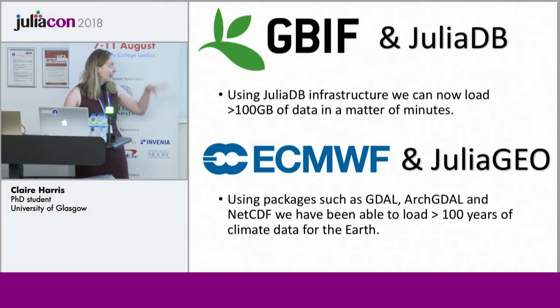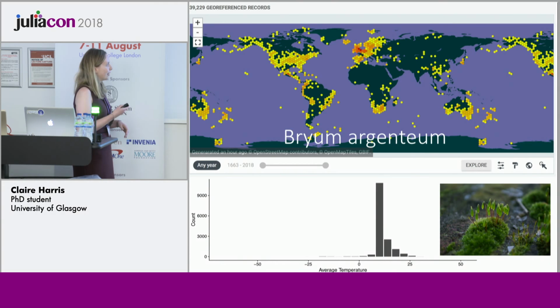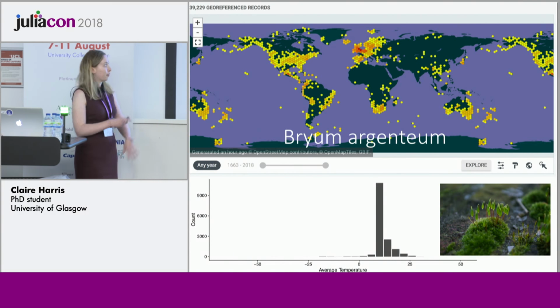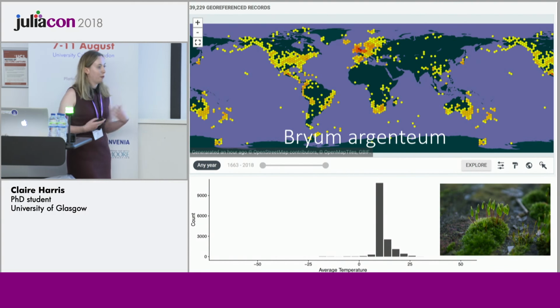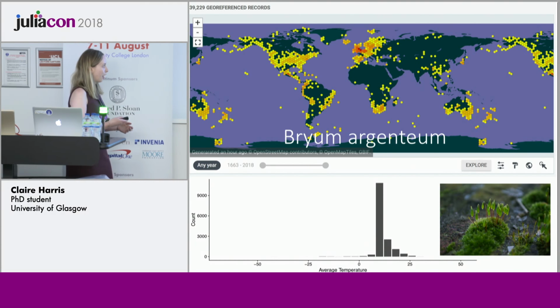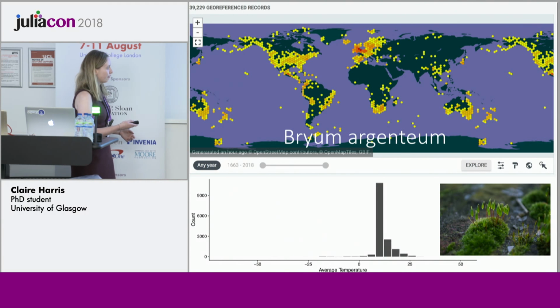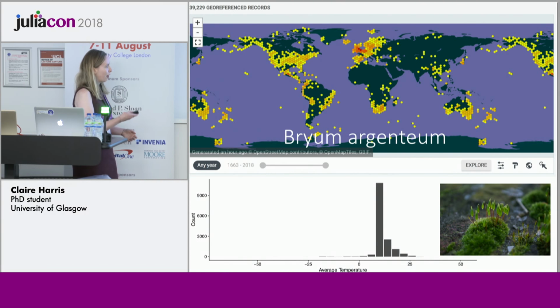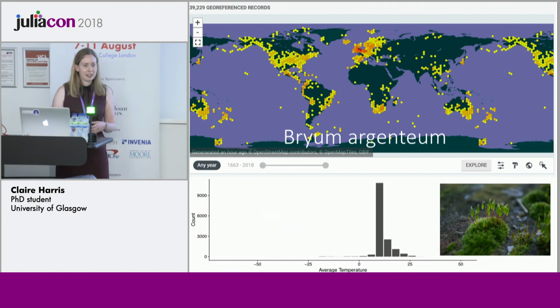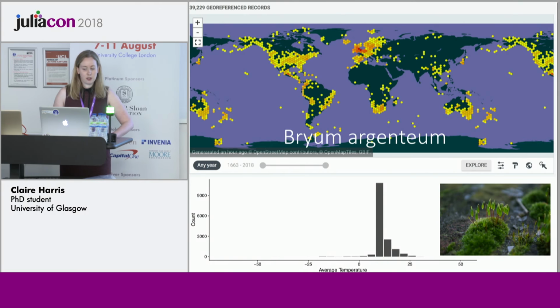So if you were to combine these two pieces of information together and look at it, it might look a bit like this. This map I just stole off GBIF of this particular species of moss, and I chose it because it's quite widespread, so you can see that these are the observations, and the deeper red is where there were more of them. And when we look at something like the average temperature it was found at and bin that, what you see is, although it's got quite a broad range of temperatures that it's found in, it is quite a narrow preference here. So there are lots of interesting things that we can draw out of information like this, and there's still a lot of going through the data that we need to do.